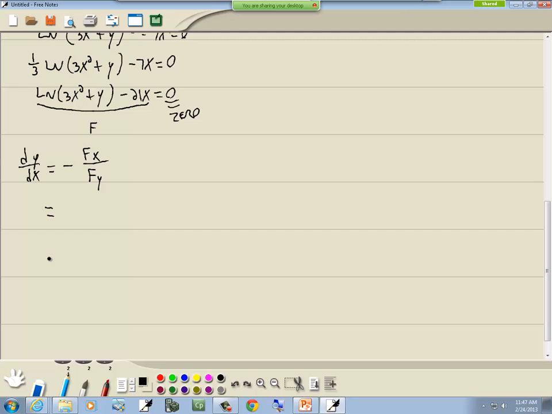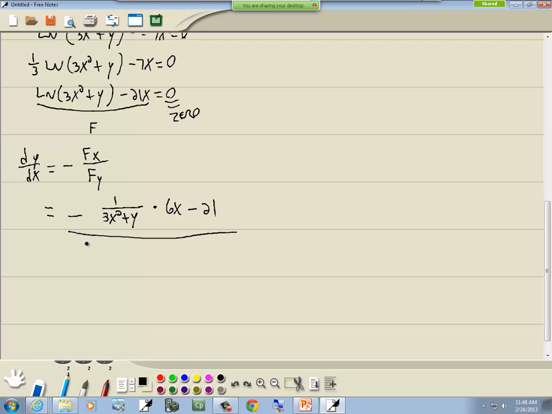Well, I got the negative there. The derivative of a natural log of something is 1 over whatever's inside your parentheses. So we've got 1 over 3x squared plus y, times the derivative of what's inside the parentheses. And we're taking a partial with respect to x, so the y is a constant, so that gives us 6x. And taking the partial with respect to x, there's the minus 21, over